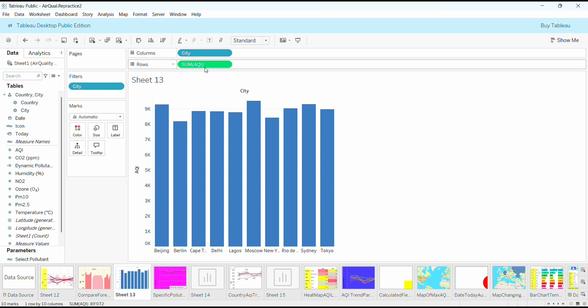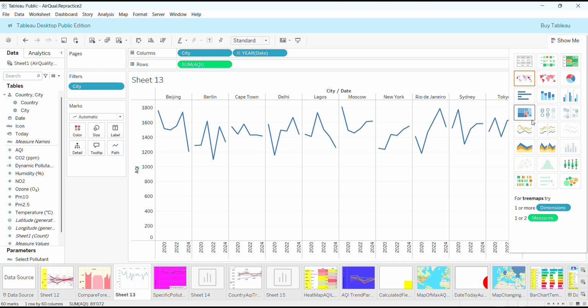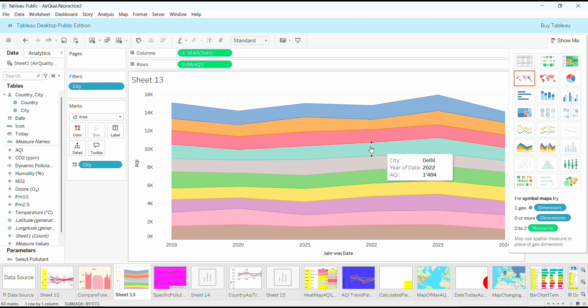And then we want the years. And we're going to get that by date, by the column shelf. And now it's starting to look good. And then we want the forecast. We can choose already here the area chart. And we want the forecast because here we have only until